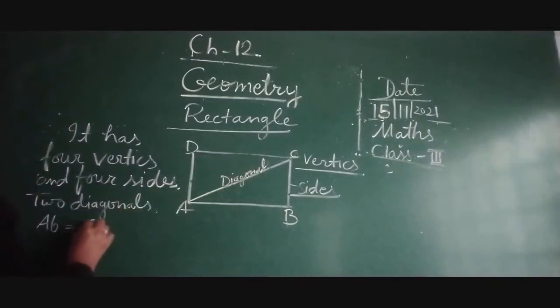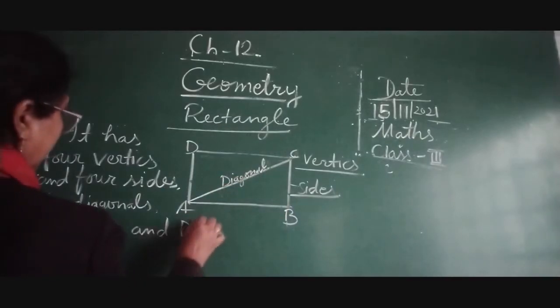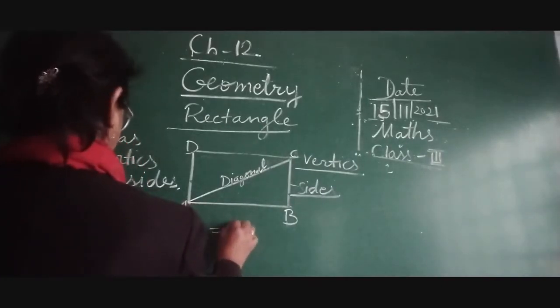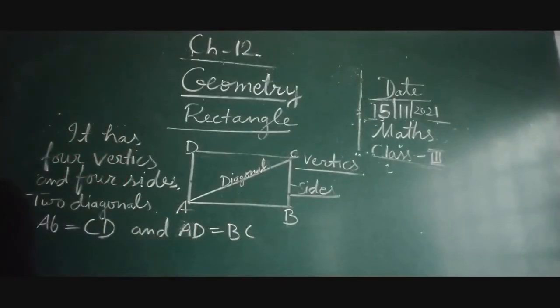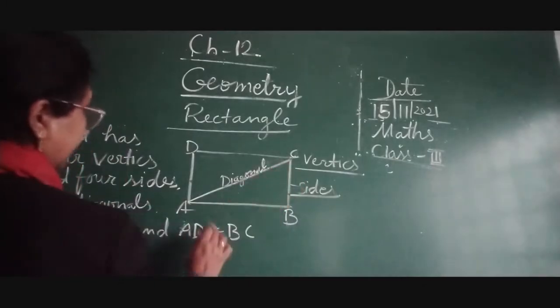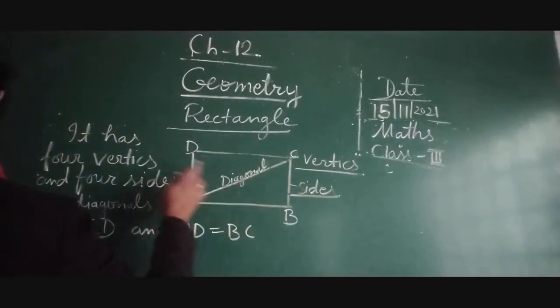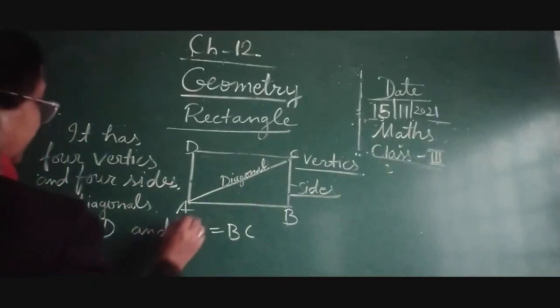are equal. So we will write like this, and AD and BC are equal. So AC is the diagonal of rectangle, and the other side you can measure as BD. Okay, the name of the other diagonal is AC